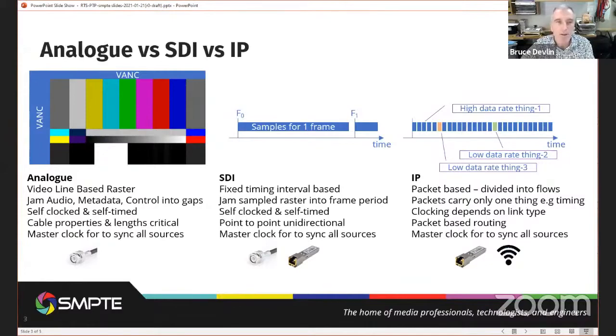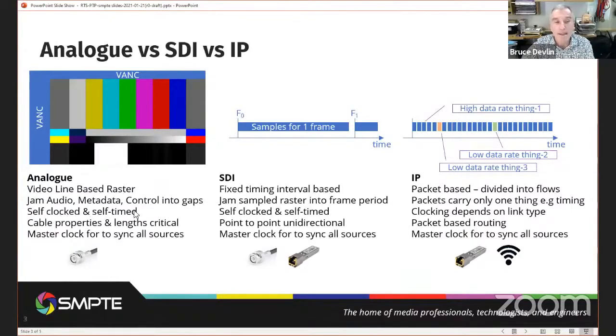So those of you who played with analog video will remember the joys of trying to cram, oh, that should have said Hank, apologies for that, first typo, straight there on the first slide. We had to cram all sorts of metadata and control signals and other stuff into various bits of the picture signal, because really the picture signal was the highest bandwidth thing we were trying to cram through. And everything that we were sending around a TV plant was video line raster based. We jammed all of this strange data, audio metadata and control signals around the edges of the picture.